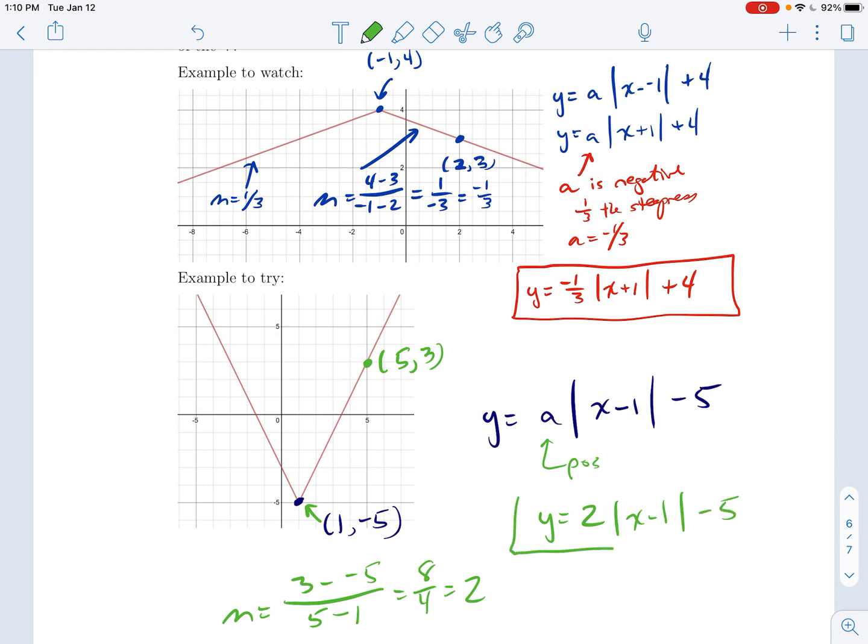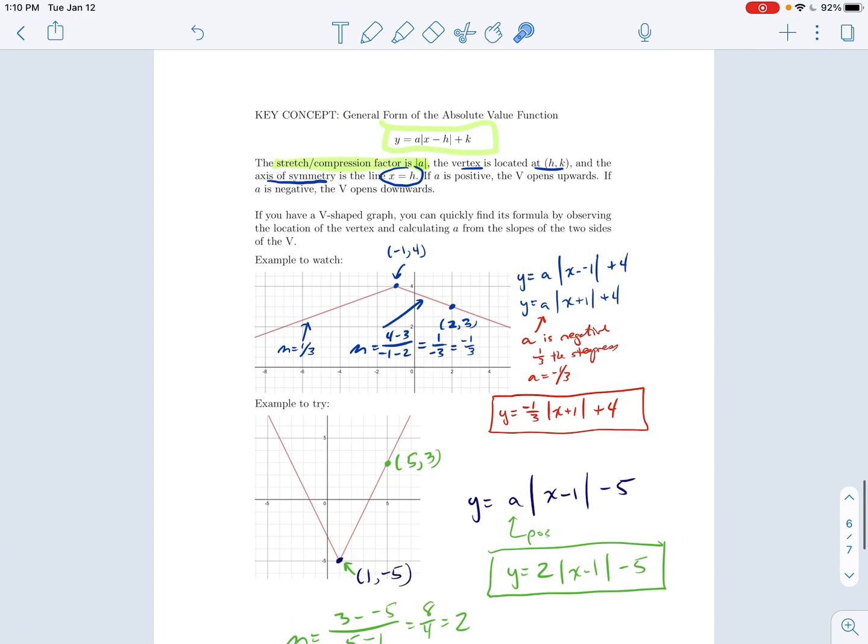The slopes tell you what A is, you just have to check if it's positive or negative. And again, this is a very checkable problem. On a test or quiz, I might put this on the calculator section so that if you can figure this out, I want you to put it in your calculator and say, oh yeah, for sure this is correct because I just graphed it and it looks just like that. All right, so that's the end of